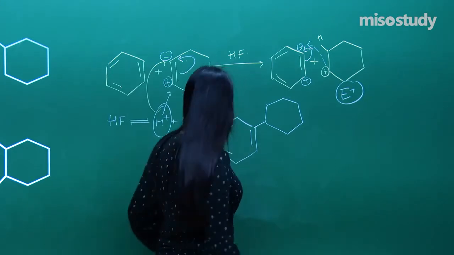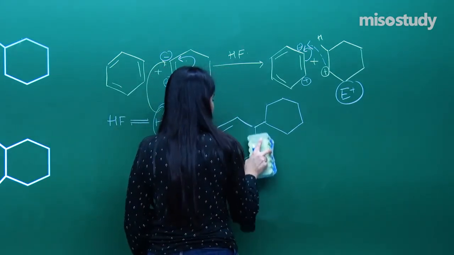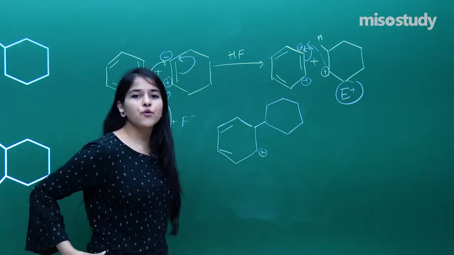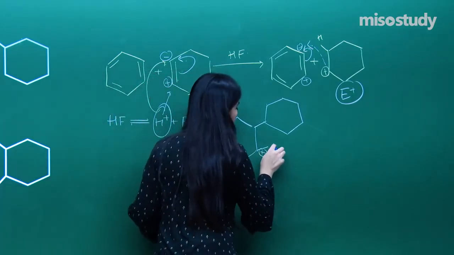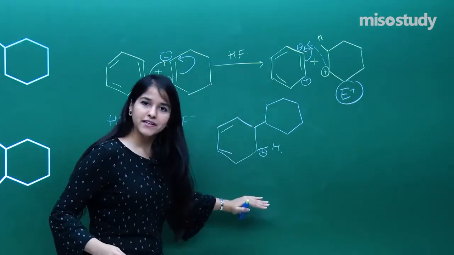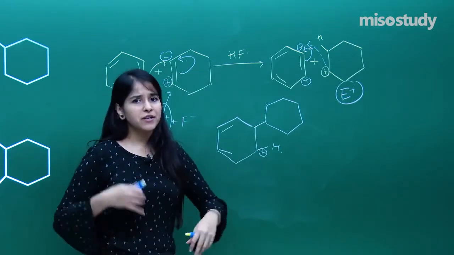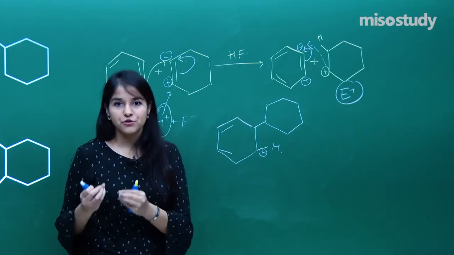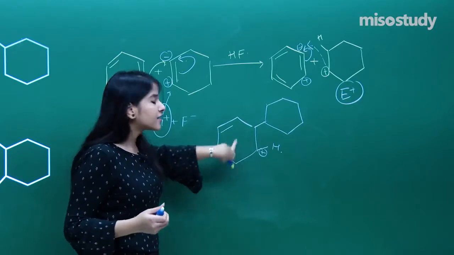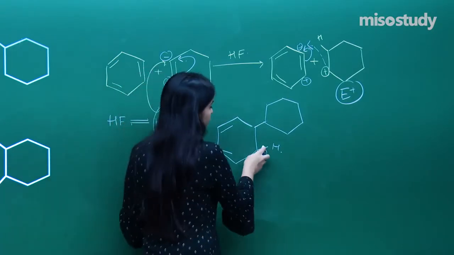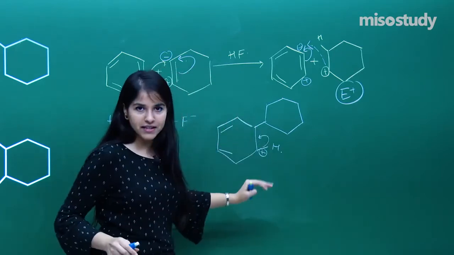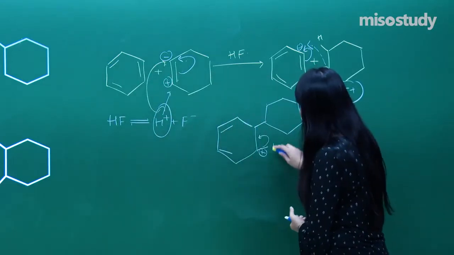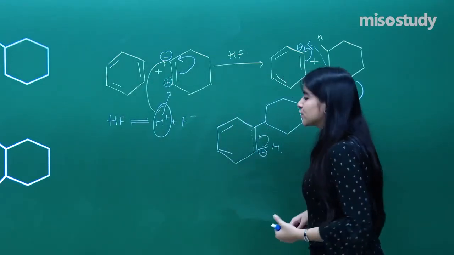And also what do we need? It was a scenario something like this, a positive generated over here. But if you observe over here, I have got a hydrogen as well. So in order to maintain the aromaticity of the ring, what will happen? That is the final step. If you have observed each and every kind of electrophilic substitution reaction in the aromatic rings, that is how the process is. The last step is always that the hydrogen gives up the electrons to maintain the aromaticity and it goes off. So that is what is happening over here as well. And what we get is a double bond over here. So that is what we need.